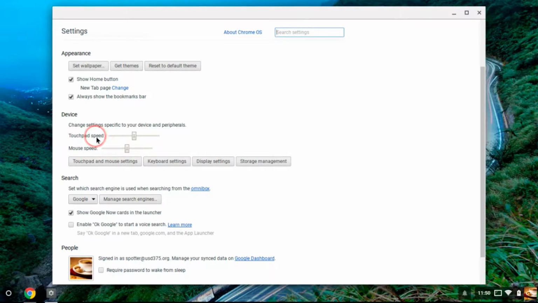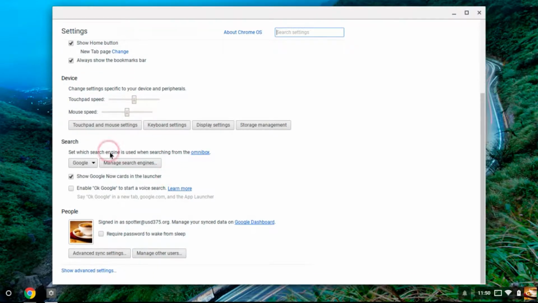The touchpad is how sensitive your touchpad is. Going down, your search is going to be set on Google. That's what we use. We're not going to change that. Going down a little bit more, this is the